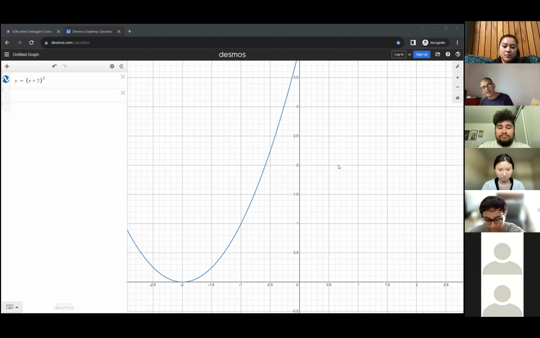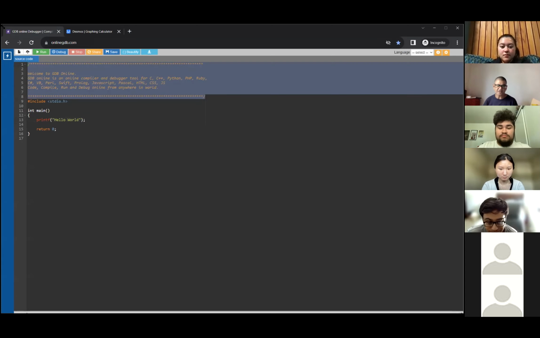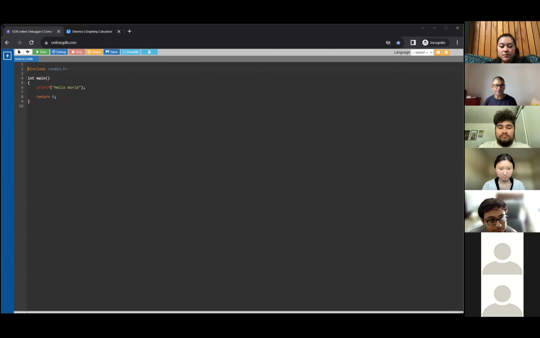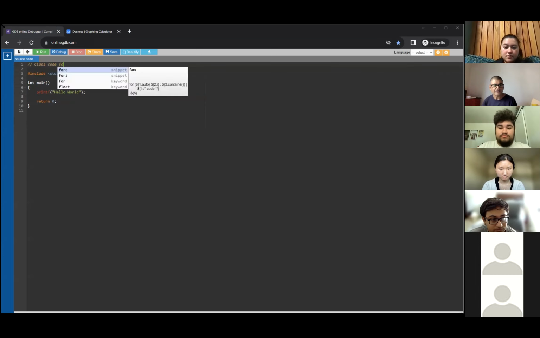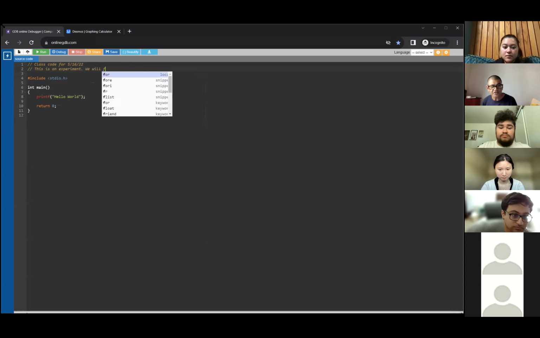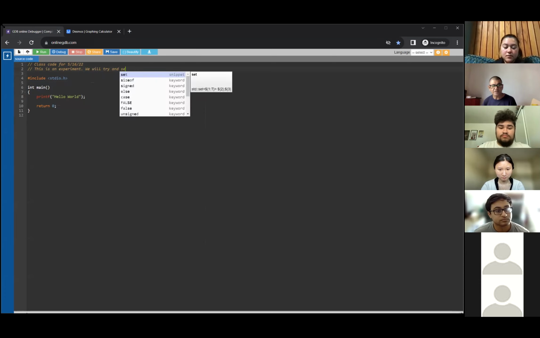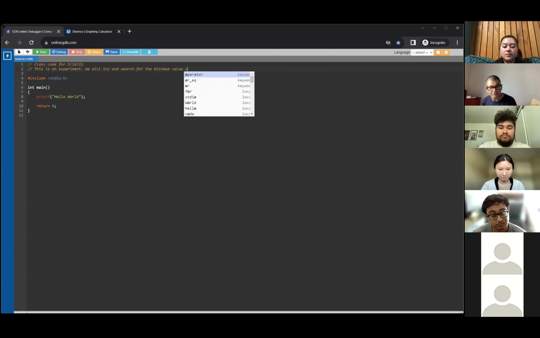So Tim, if you can open up your online GDB window, we can start coding. And let's put the customary comments and a class code for today's date, and then we'll put a comment saying this is an experiment. Experiment. We will try and find the minimum. We'll try and search for the minimum value of a quadratic function